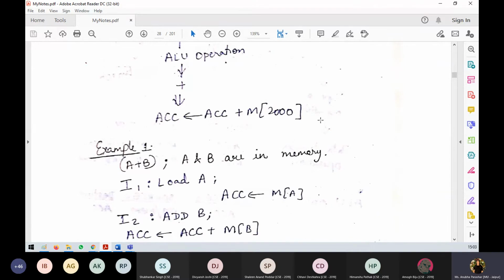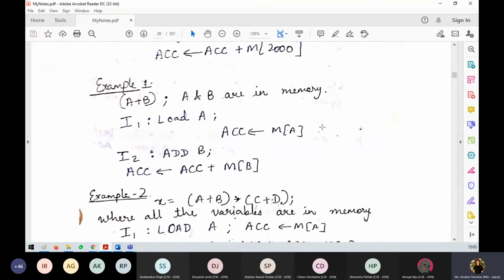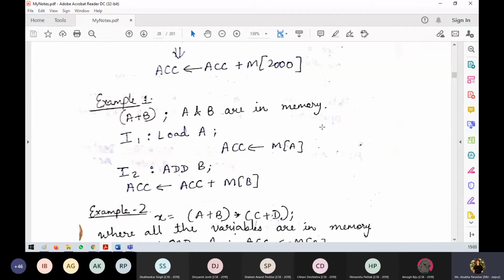So with this I complete the second topic. If you have any doubt, you ask me. Otherwise try doing this question. Example 2. Tell me how many instructions will be needed. Like here, if I give you this example and ask how many instructions are needed, I'll tell you I1 and I2, so that means 2 instructions are needed. Now to perform this operation, how many instructions are needed? You are supposed to tell me. If you have any doubt, you can ask me. Otherwise, solve this question. 5. 5. Any other student?